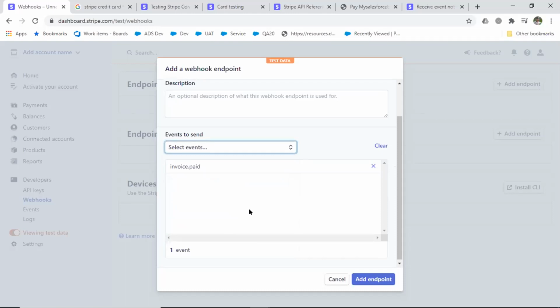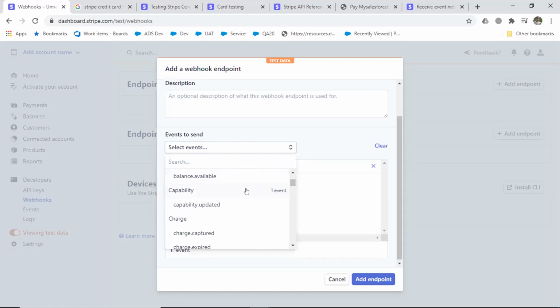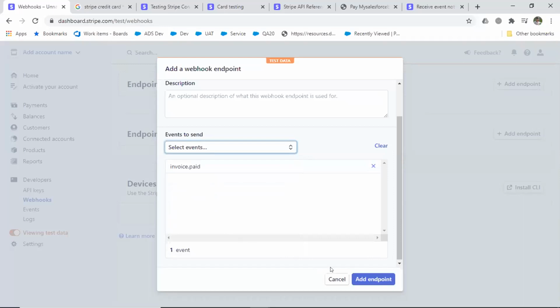Yeah, I mean for invoices, all these events are there, right? So we can define when an invoice is getting created or when exactly we want to send the notification. Here we can select multiple events and then we can configure that. So for all those events, I think it will send the notification to Salesforce. Okay. This is also nice. Yeah, thanks for that. Maybe we can try with this option. So here we can select an event like invoice paid, and we can add that endpoint.